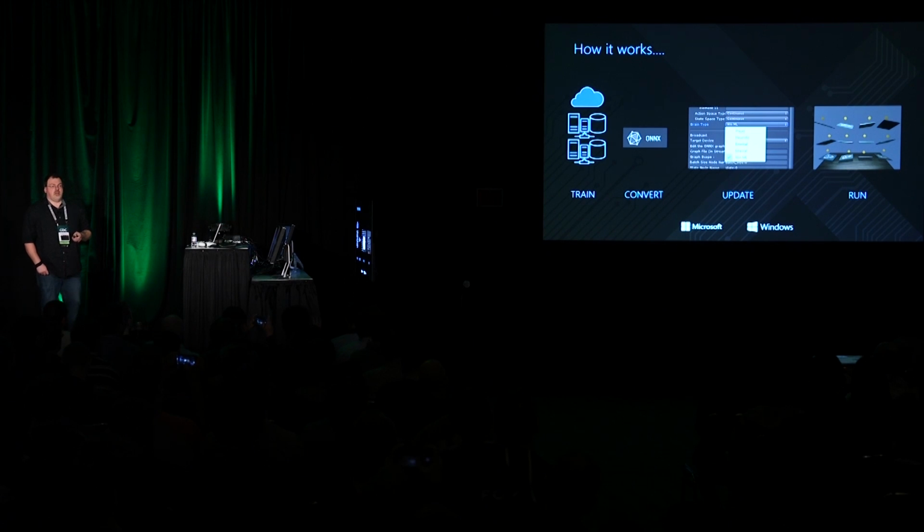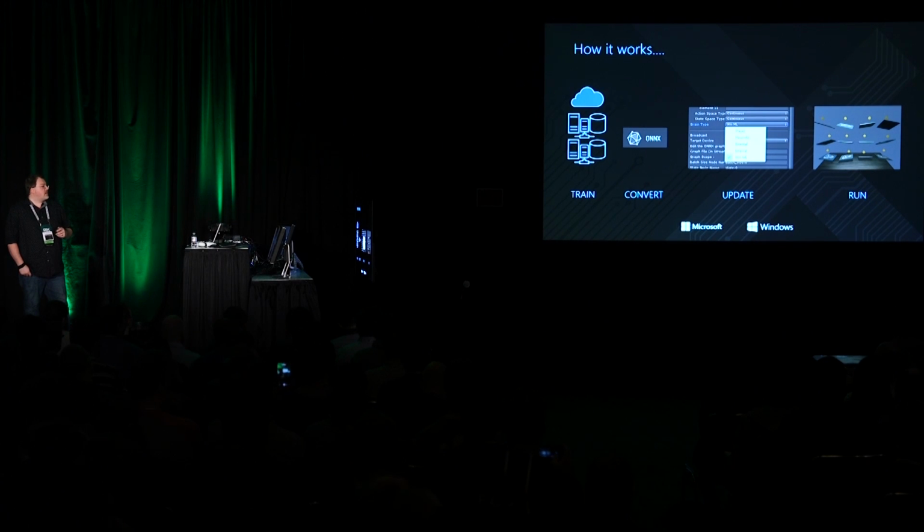So the way we made it work, one of the key things that we wanted to do in getting this enabled was not require you to change any of your code significantly or the training pipeline that Unity's already set up. So right now, you train as you do today. If you're familiar with using the technology, you use ONNX to convert the TensorFlow over into the ONNX model. At runtime, you select a new brain type, which is Windows ML. You point it to the ONNX graph, and then you pretty much just run.